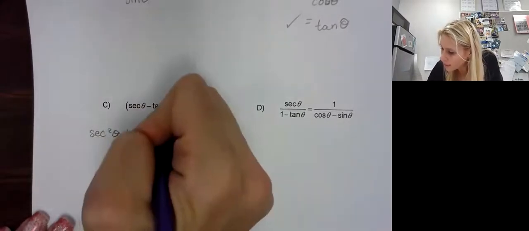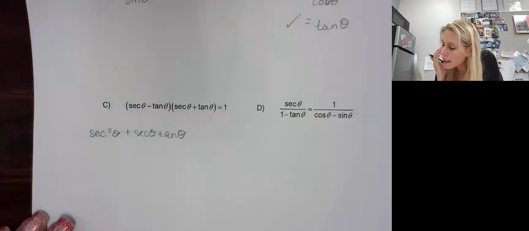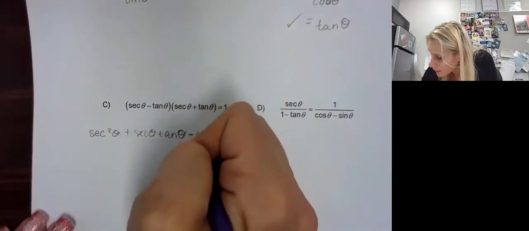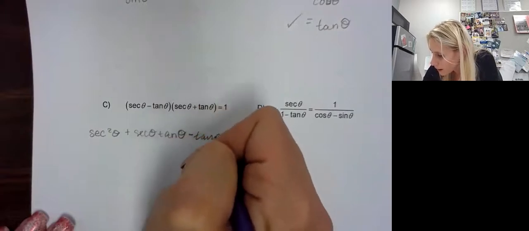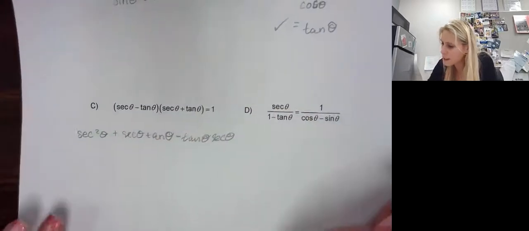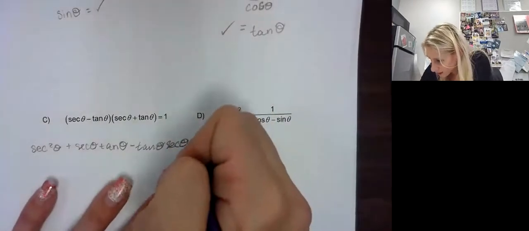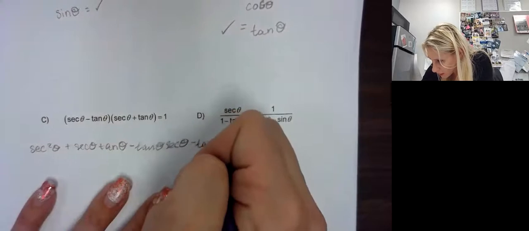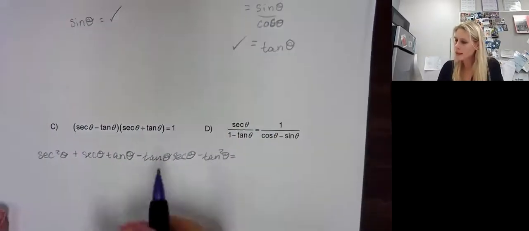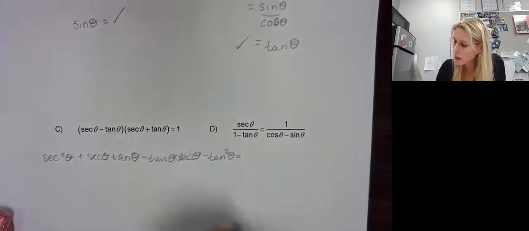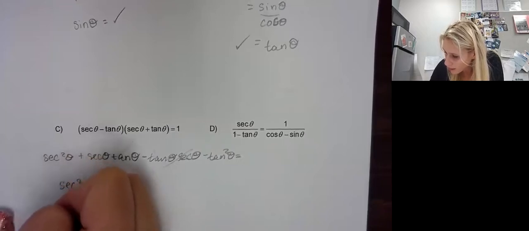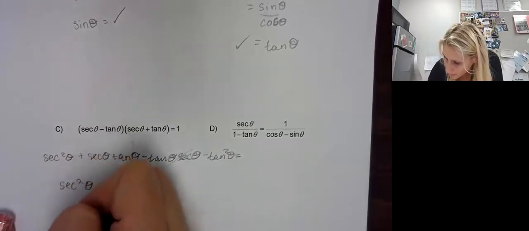Negative tan times secant is a negative tangent theta secant theta. And negative tangent times positive tangent is a negative tangent squared theta. Now I see that these two cancel, so I'm left with secant squared theta minus tangent